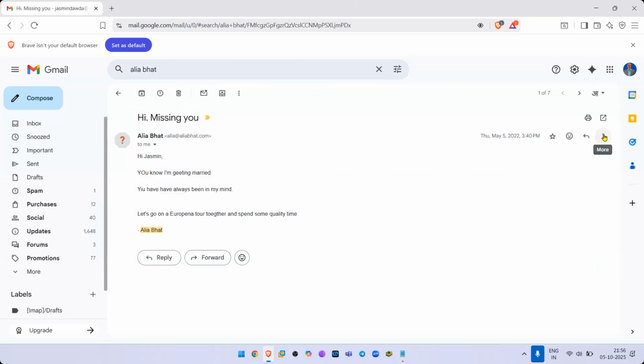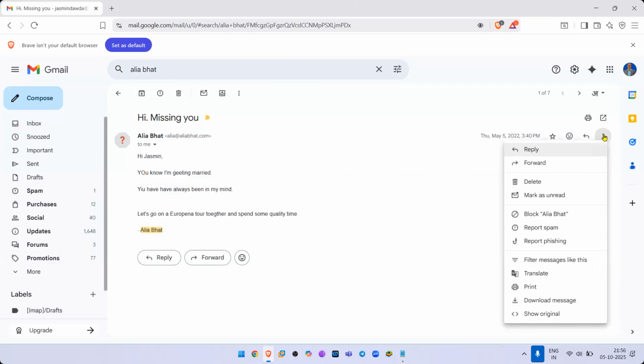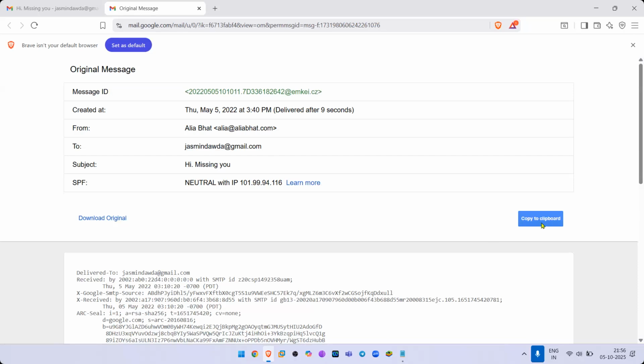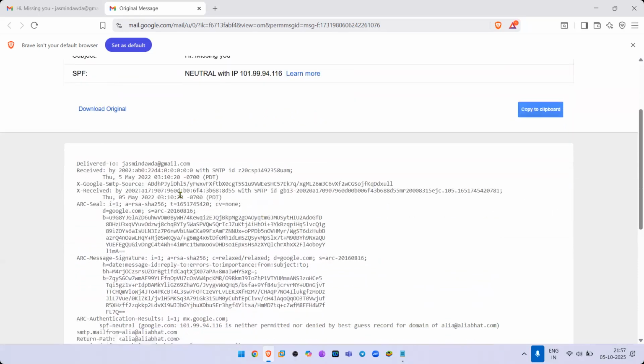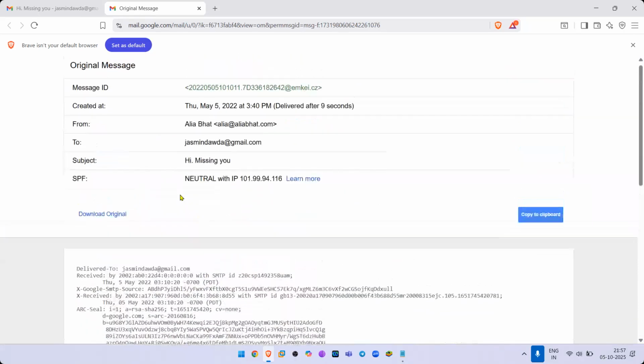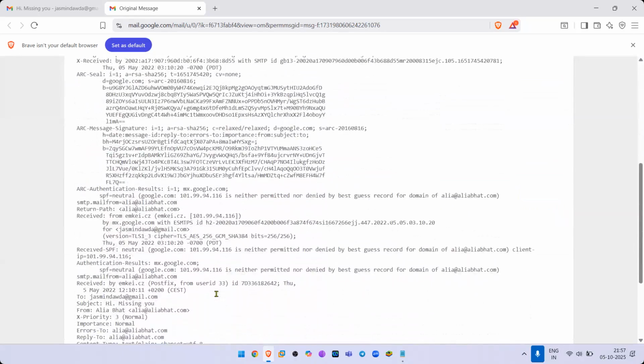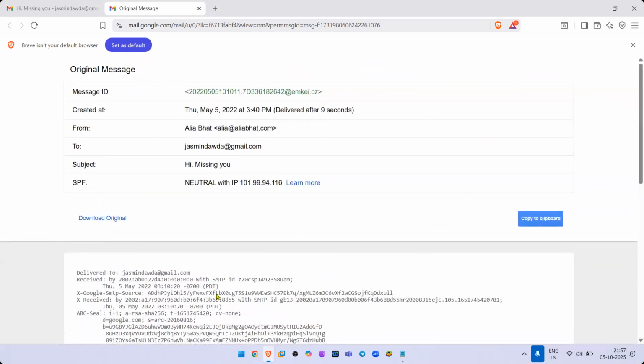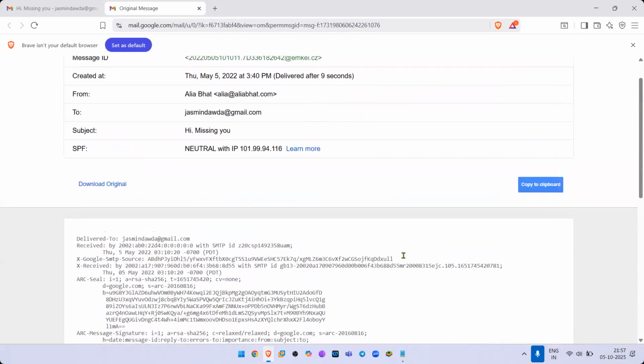Go to show original. Click on show original. This is the email header. The email header contains all the information about where this is from. So copy this to the clipboard.